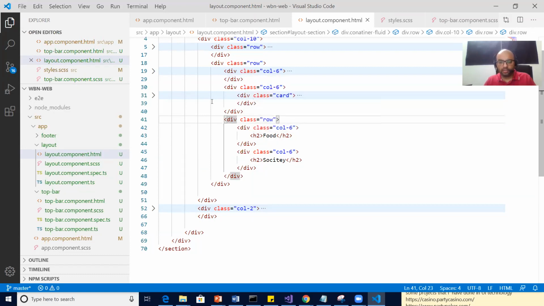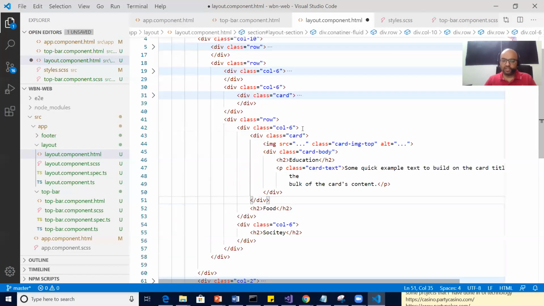Or at least close the tags and then paste, so that you will see where it is opening and where it is closing.